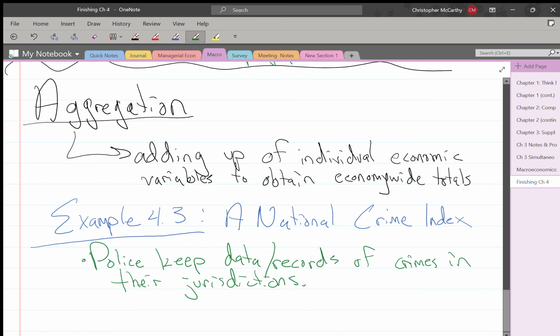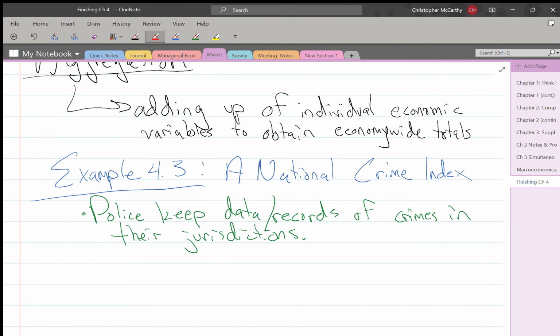But if we literally just looked at every single one of those, that would be a million papers, stacks and reams of papers. Okay, there were 17 thefts in Chadron during this time. There were 1,000 thefts in Scottsbluff during this time. There were 5 murders, or whatever, you know what I mean? So how do we take all of this data and crunch it down into a few terms, or ideally just one number? And so what they do, specifically the FBI, the Federal Bureau of Investigation, they aggregate